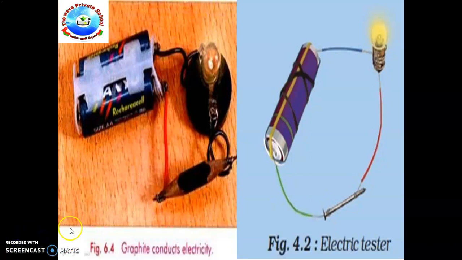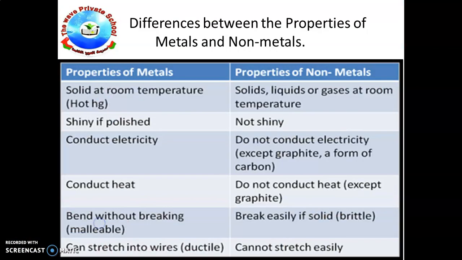So by this we can compare metals and non-metals by using their properties. Here you have the notes to take down in the notebook. Now open your notebook and write this in your notebook. And this is part 1 for the topic comparing metals and non-metals.